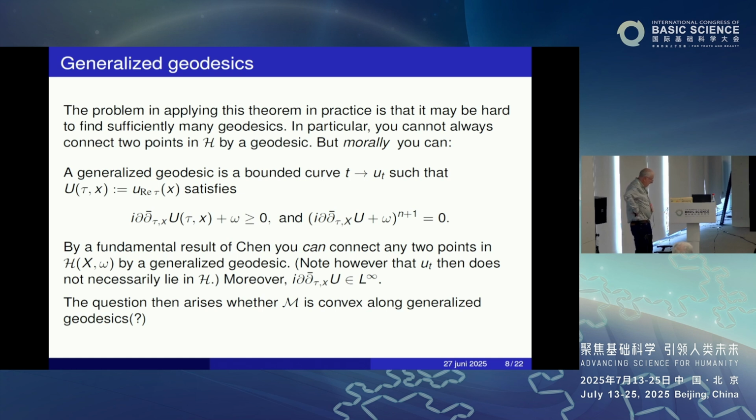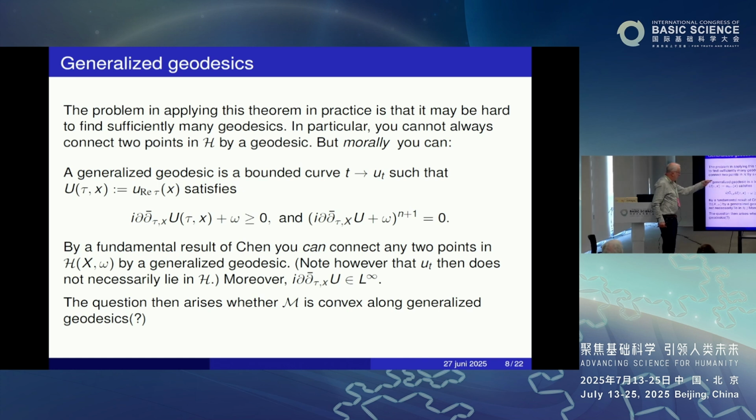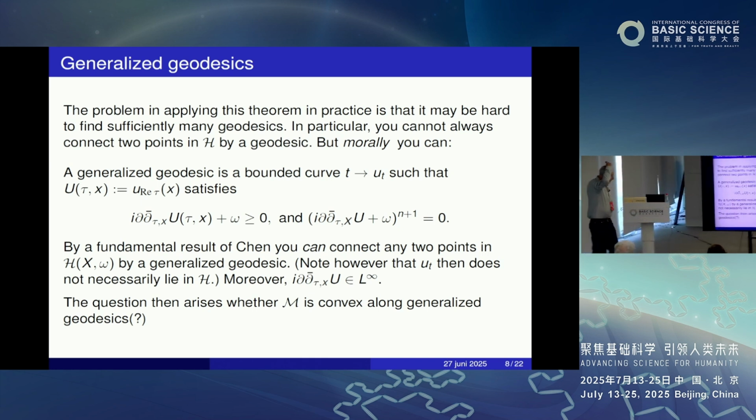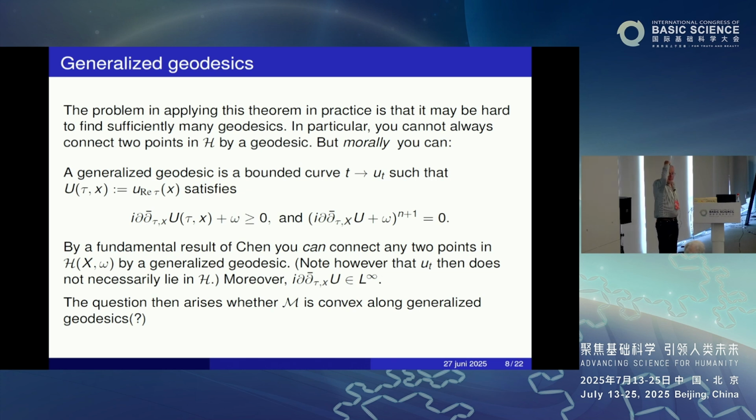And that's defined as a curve of bounded functions such that the corresponding capital U still satisfies the same thing, that i d bar of this is greater than or equal to 0, so it's omega plurisubharmonic. And moreover, it should still satisfy the Monge-Ampère equation. So that uses the theory of Bedford and Taylor, which says that you can actually define the Monge-Ampère operator on bounded